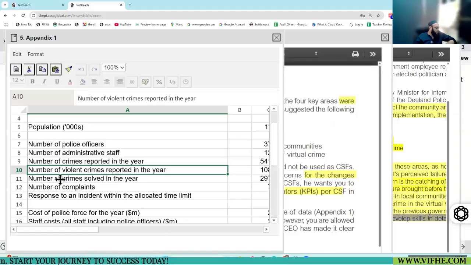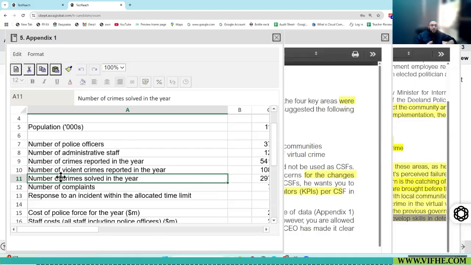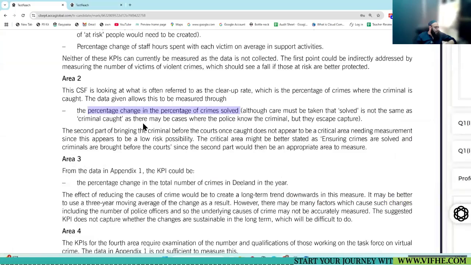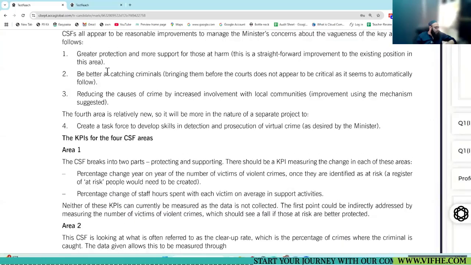So we have this data, number of crimes solved in the year. So they are saying we can work out the percentage change in this. If there is a greater percentage increase in the solution of crime, this means that we are catching the criminals.